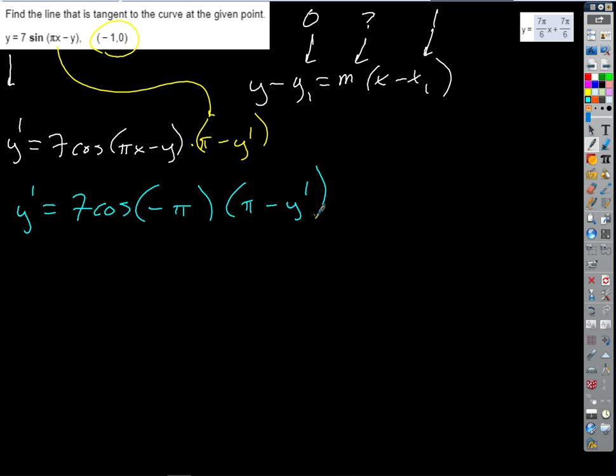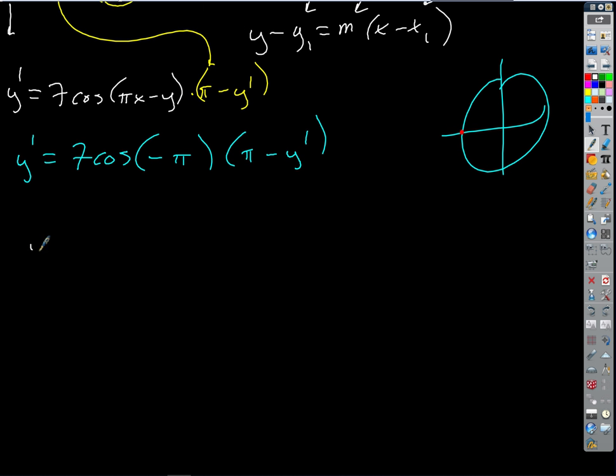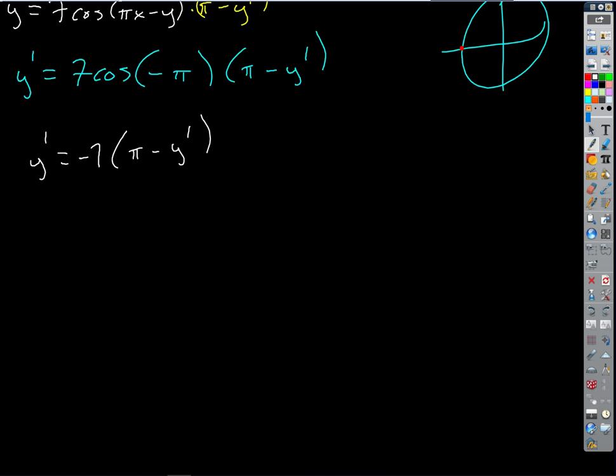Well, what's the cosine of negative pi? That's right there, isn't it? What's the cosine, is it x or y? So negative 1. Okay, so we just end up with y prime equals 7 times -1, which is -7, times pi minus y prime. This is looking pretty easy now. If I distribute the -7,